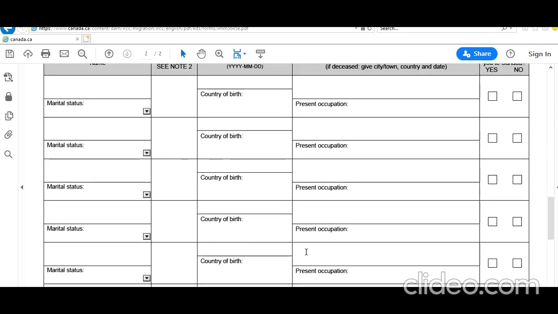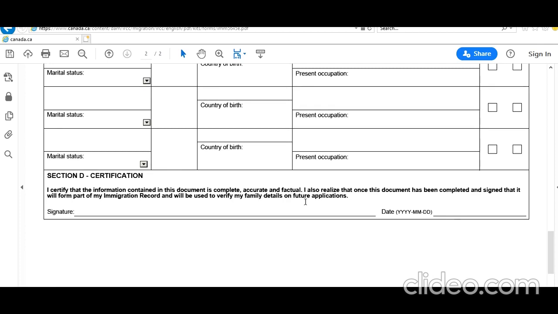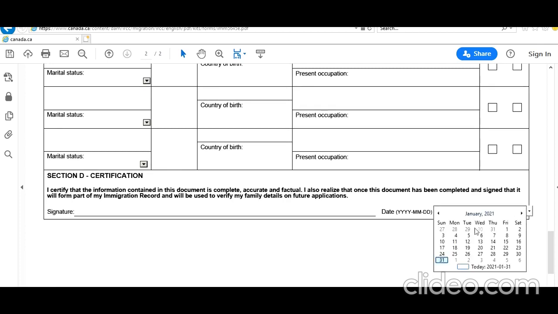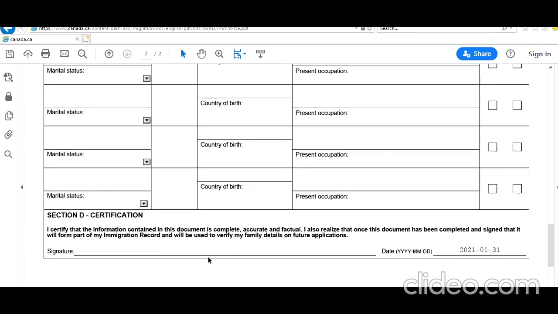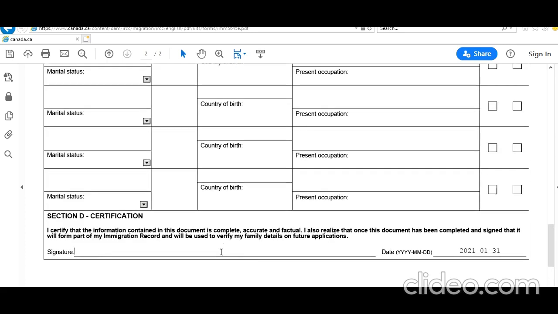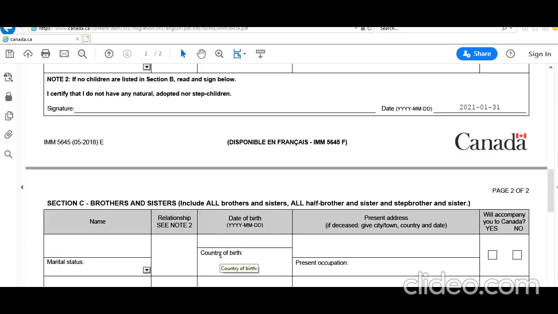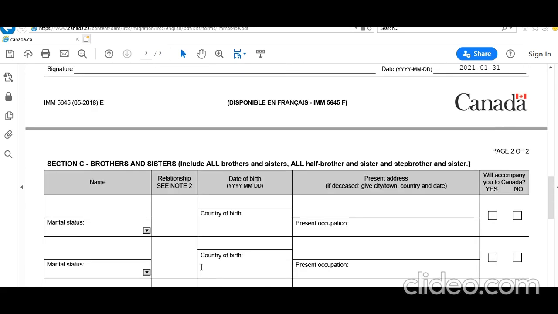Brothers, sisters, including half brothers, sisters and step brother and sister. Okay, he doesn't have any, so he needs to sign here again. This section D, everyone needs to sign. Alright,